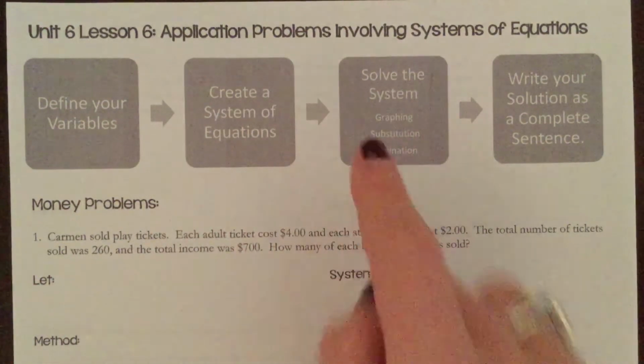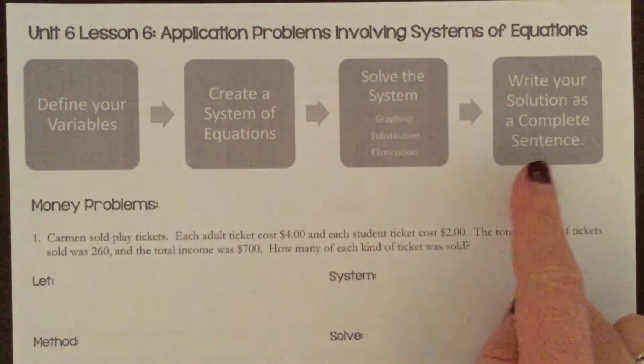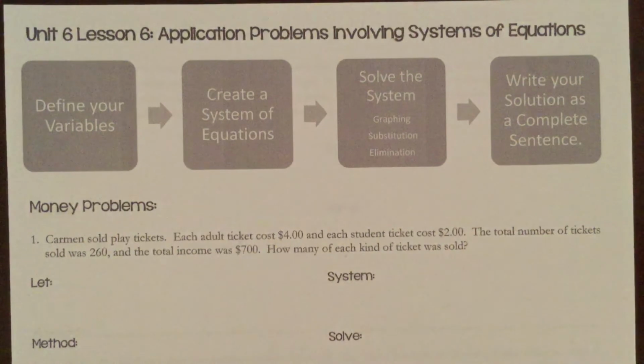The next thing we want to do is solve our system of equations. We've got 3 methods that we can use for solving: graphing, substitution, or elimination. Finally, we want to make sure that we write our solution as a complete sentence, answering the question that was